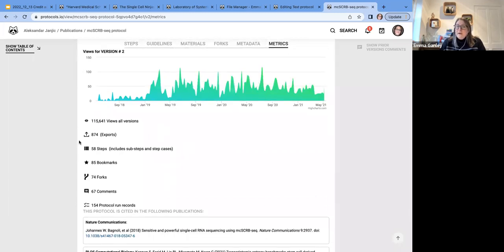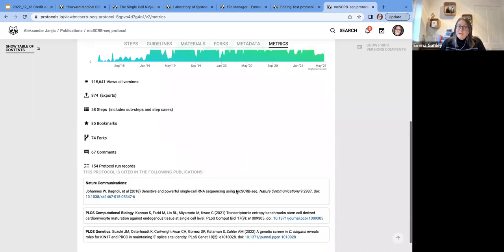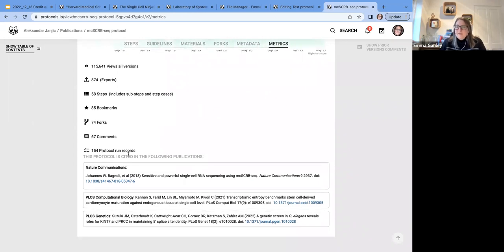So in terms of credit and understanding the value of a shared protocol, you can really see from the metrics here if other people are making use of it once you've made a protocol available. You would never have this kind of visibility into the materials and methods section of a research article itself. And you can see, although this was linked with the Nature Communications paper as the main one, it's also been cited in 2 other journals, and we track those sites here as well and show them if we find them.